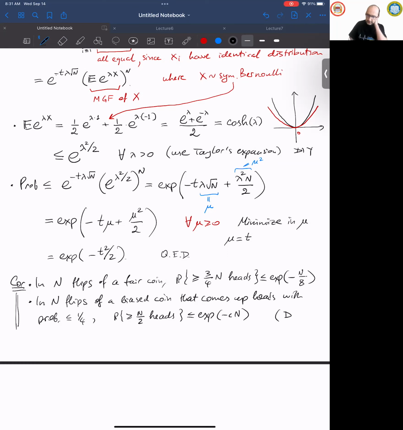So it's a nice exercise to do yourself: instead of the symmetric Bernoulli distribution that takes values with probability 1/2 each, make different probabilities and check that the method still works. So instead of 1/2 here and 1/2 here, make it maybe 1/4 and 3/4. And things should still work. That's a nice exercise to do.